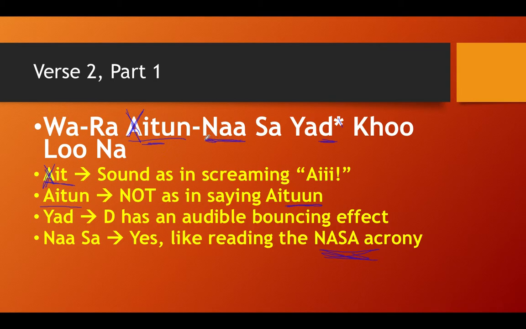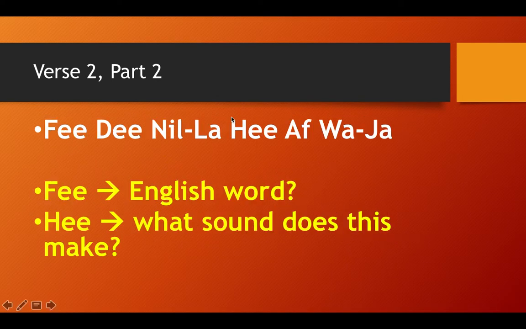portion of the surah. But in general, let me read this verse one more time because it is a very complicated verse. وَرَأَيْتَ النَّاسَ يَدْخُلُونَ. Okay? That is verse 2, part 1. Now let's do verse 2, part 2, which isn't so bad. So let's do that. فِي دِينِ اللَّهِ أَفْوَاجًا. Let me say that slowly. فِي دِينِ اللَّهِ